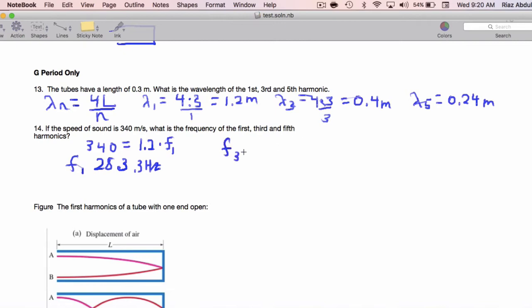And then we can actually get the other frequencies by multiplying. So f3 is going to be 3 times 283.3, and that's going to give us about 850 hertz when I round it. And then lastly, f5 is where I'm going to take 5 times 283.3, and that's going to end up giving me 1,416.7